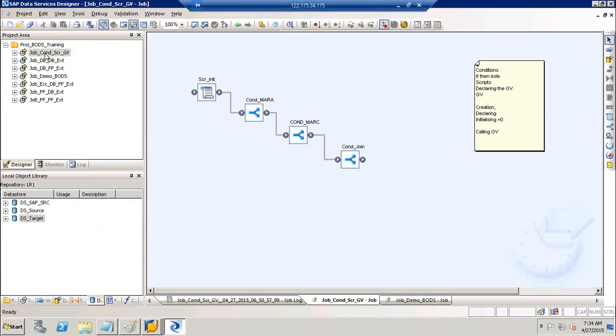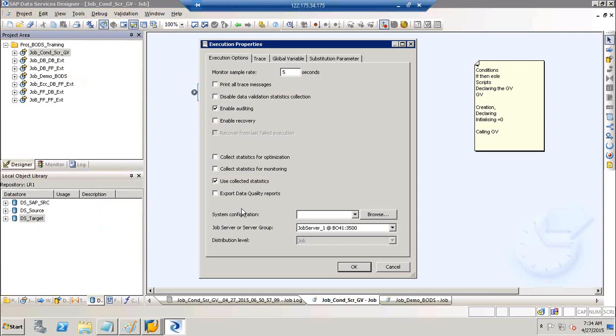Now, when I execute the job, I see something different here. This was not there earlier, right? Now I see this one. And if I leave it at default, I'm not selecting anything here, so whatever default configurations are there on the data store level will be active. This one has development and this one has QA as the default data store configuration. So the job will run accordingly. It will pick this one as dev and this one as QA and run it,